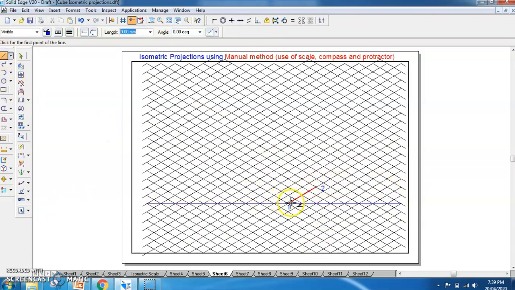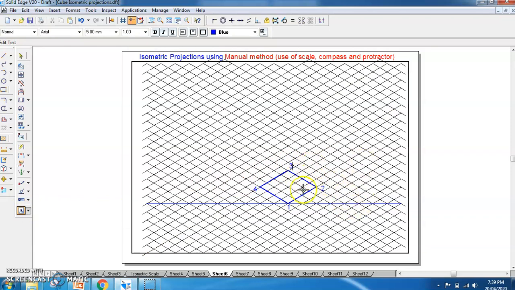Now similarly from this end we have to get the other point on this side. That is 4 digits, 1 2 3 4, so you are getting the 4th here. You can draw the line here and name this as 4. The third point is not visible, but still we can draw it. If you want to get the third point from here, 1 2 3 4, you can get it here and then connect it back here. This point would be point 3.